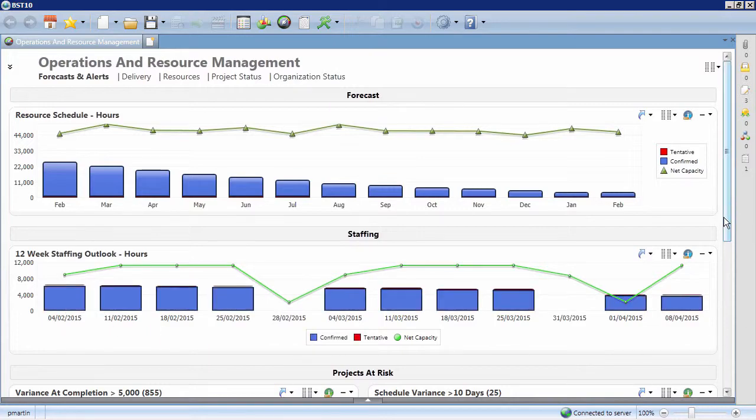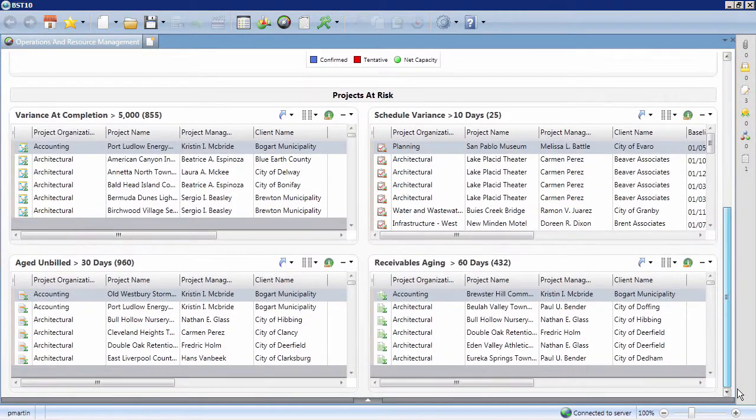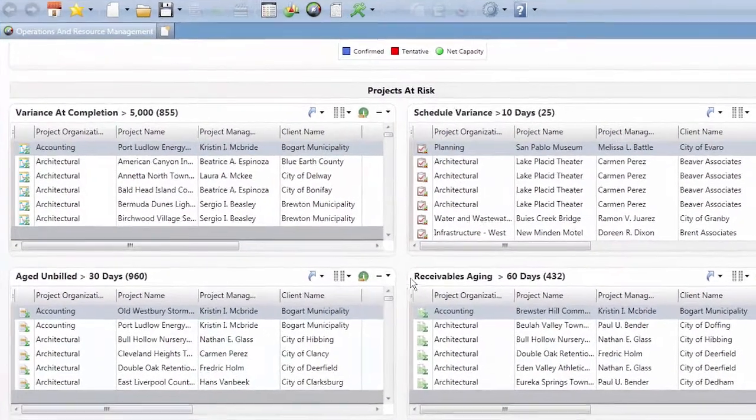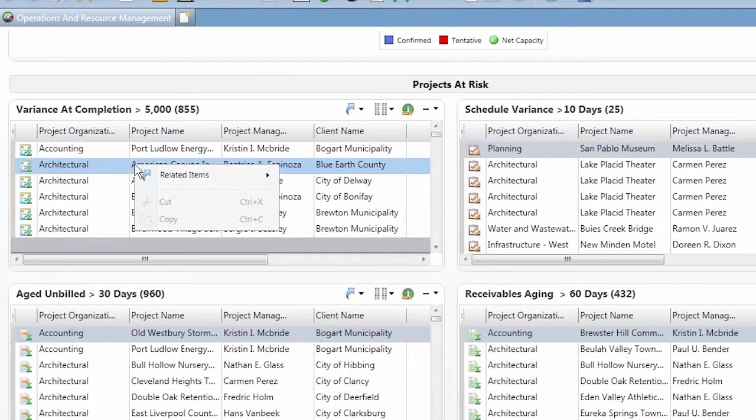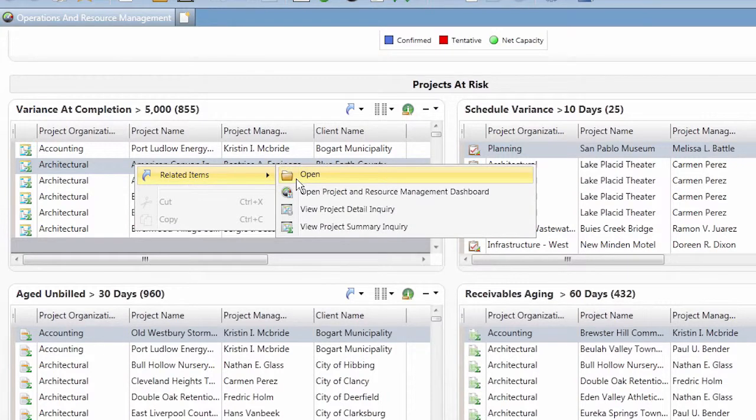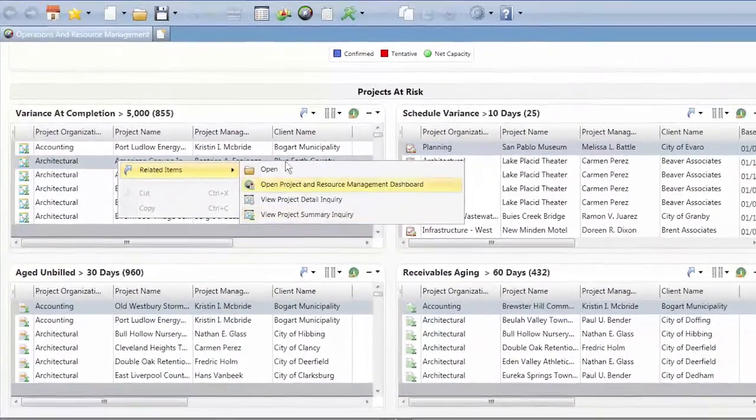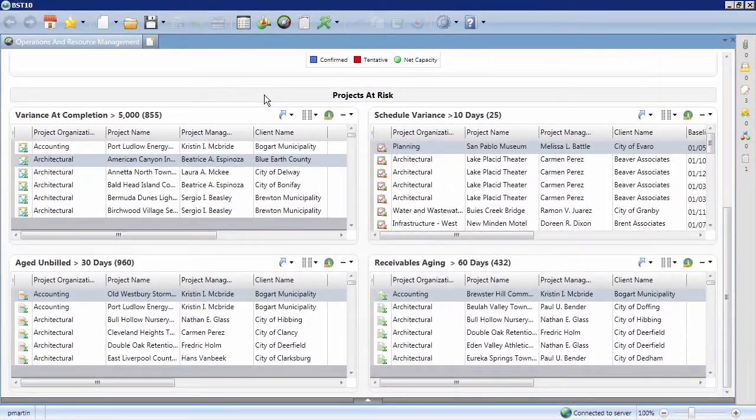The visualizers below allow you to see projects that could be at risk based on certain criteria your company sets. They could be anything from projects with variance at completion, to a scheduled variance, to aging of unbilled or receivables. On any item in the dashboard, you can right-click and get a listing of related items. This allows you to gather more details about that particular item, giving you access to the information you need right